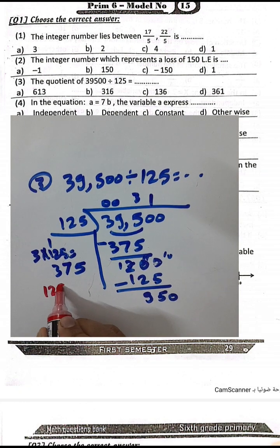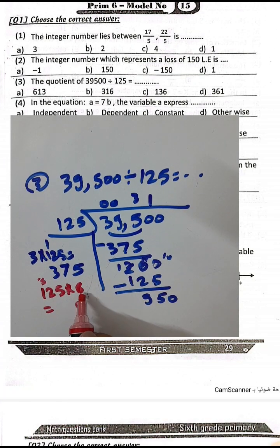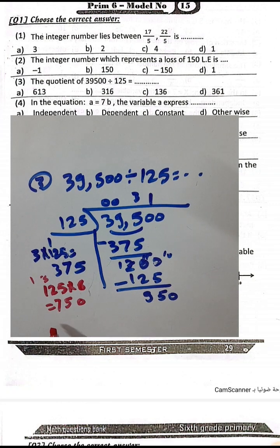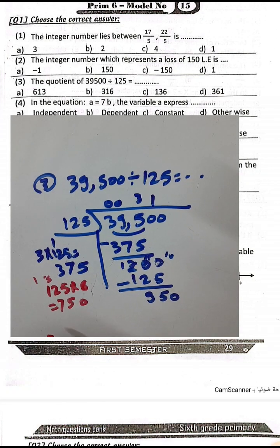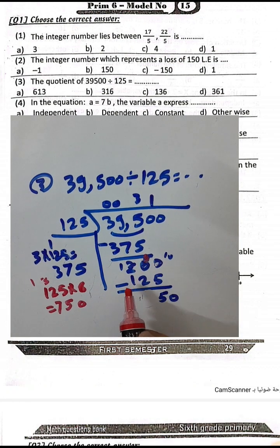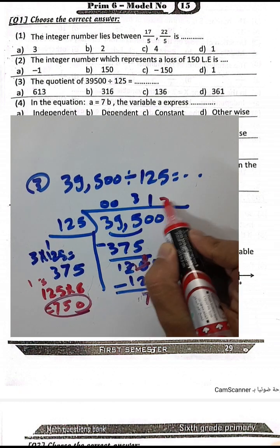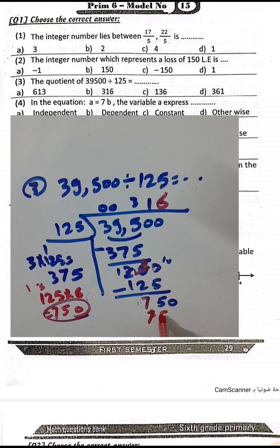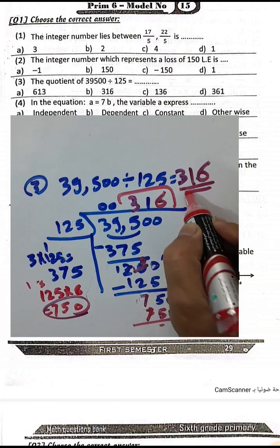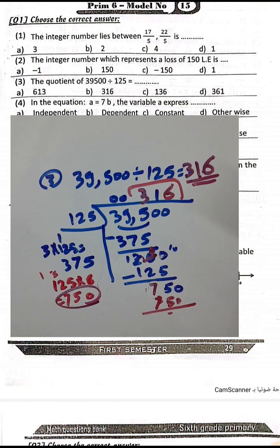We can write 125 times 6. 5 times 6 equals 30. Write 0 and carry 3. 2 times 6, 12 plus 3 equals 15. Write 5 and carry 1. 1 times 6 equals 6 plus 1 equals 7. Sorry, it was 9, because 10 minus 1 is 9, 9 minus 2 is 7. It will be exactly 6 here. The result will be 750. Then the result will be 316. Okay. Understood? Choose letter